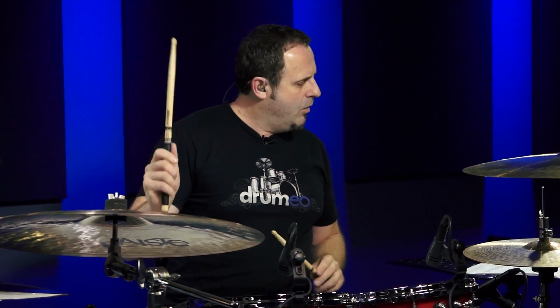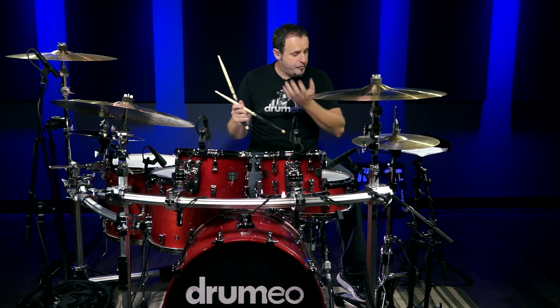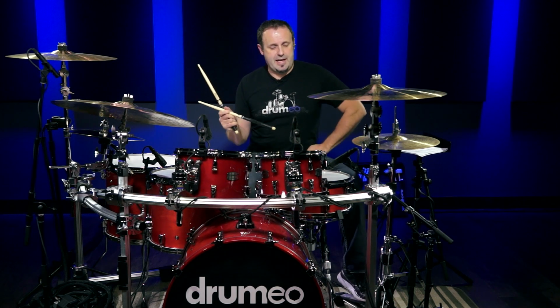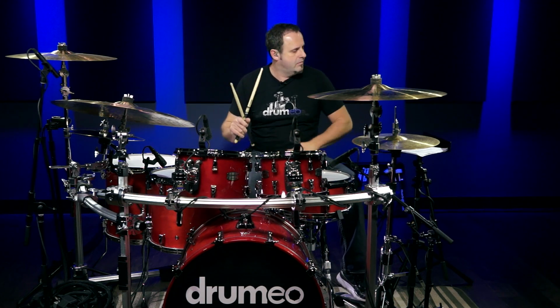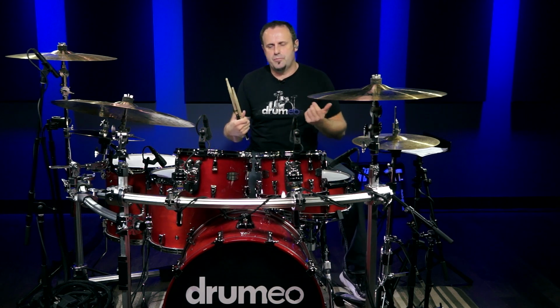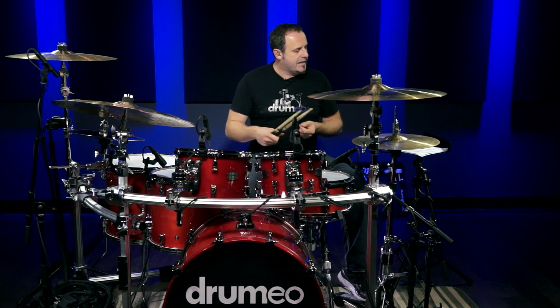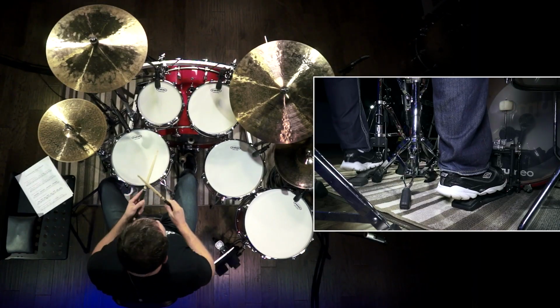To break this down, I'm going to do this really slowly, and I'm going to add no crash cymbals yet. We'll add the crash cymbals in a second. All I'm going to do is play 1 and 2 and 3 and 4 and, 1 and 2 and 3 and 4 and, a two-measure pattern on the ride cymbal. Snare is on 2 and 4 for both measures, but I'm going to add the "ah" of 2 in the second measure. Bass drum is on 1, the 3 and, 1, the 3 and, the 1. The nice thing is it's a repeated bass drum pattern as this song goes on. So here it is, nice and slow, without the crash cymbals. 1 and 2 and 3 and 4 and...